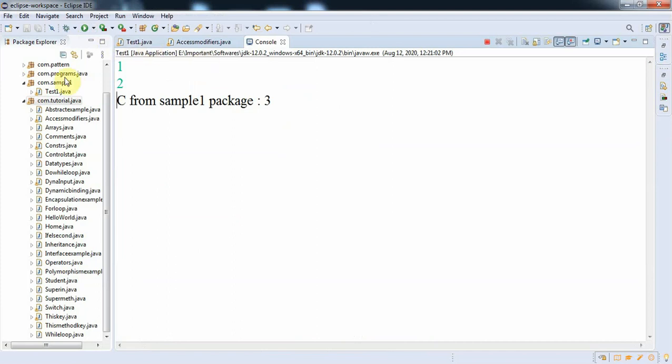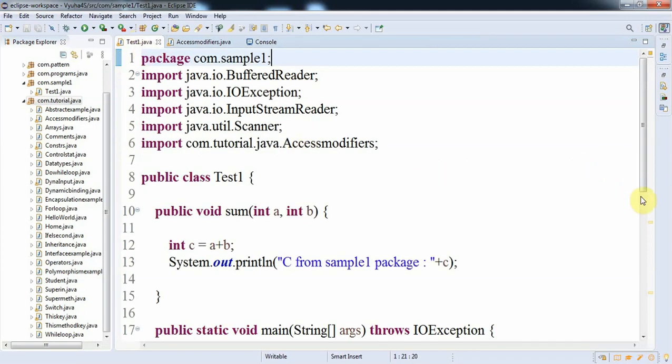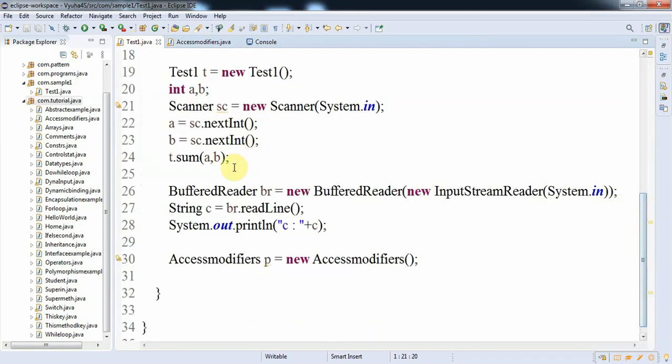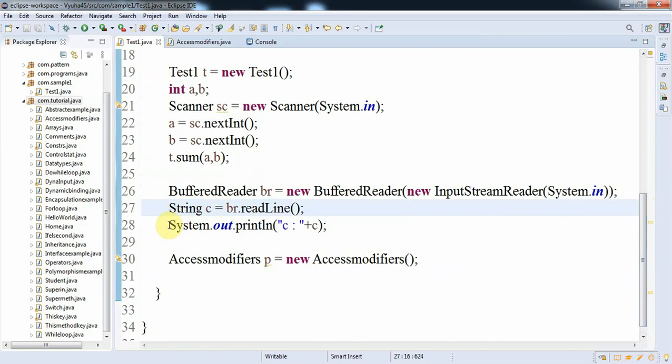So sample1 package and test1 class, 1 plus 2 is 3. Then I'm trying to give my name Shiva, and here you can see C colon Shiva. Why is it showing C colon Shiva? Here you can observe BufferedReader is accepting string type, and it is storing it in the string variable C, and I am trying to print that value C.